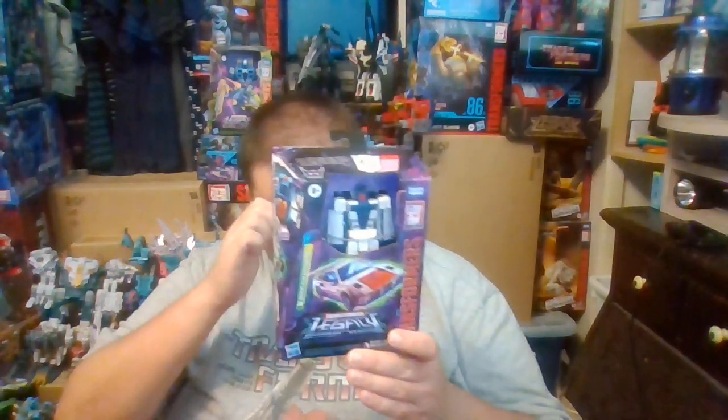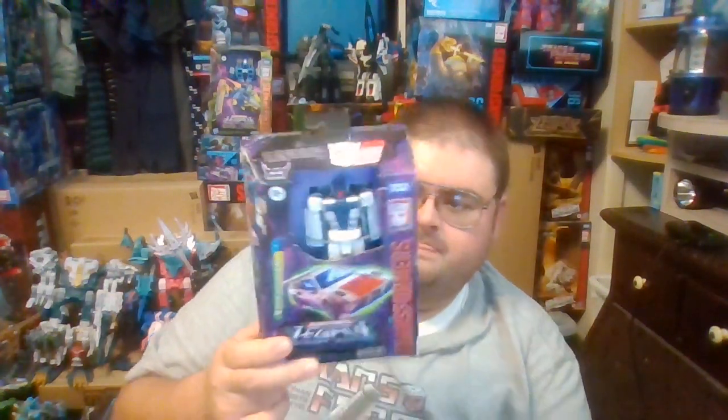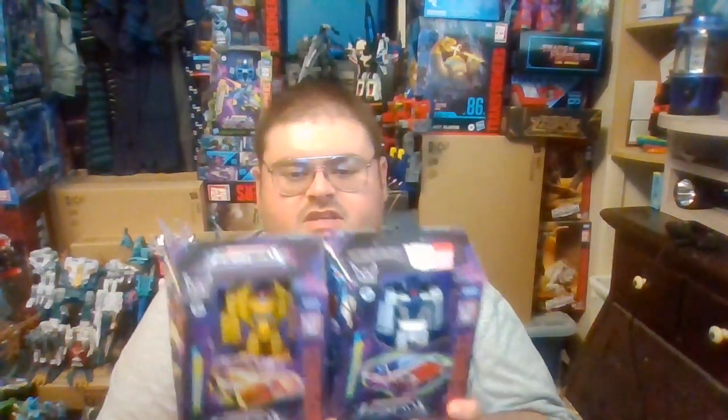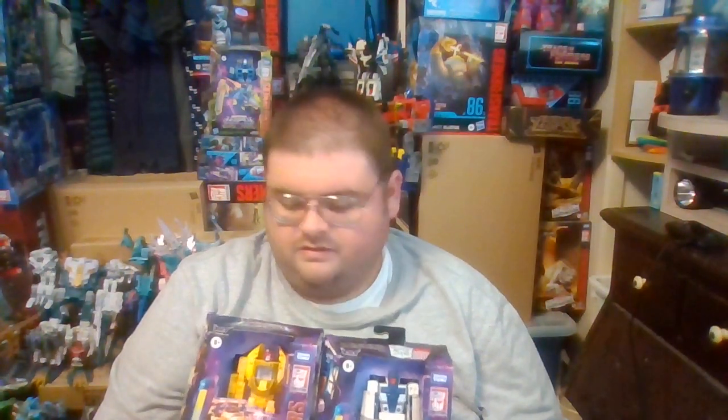And then next up, we have the last of the deluxe class Stunticons, but also the very last of the Menasor Legacy Stunticons to be released. We have deluxe class Breakdown. Now, unlike the other Legacy Stunticons, Breakdown's packaging looks different because he's got the QR code on the top of his box instead of the Legacy Year 1 logo, and that's because